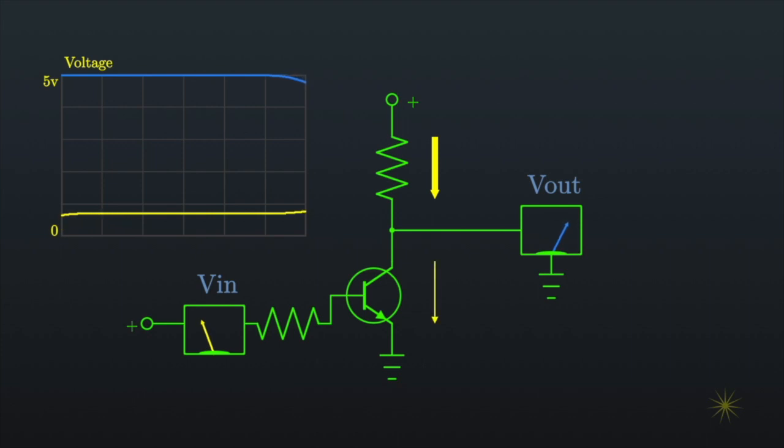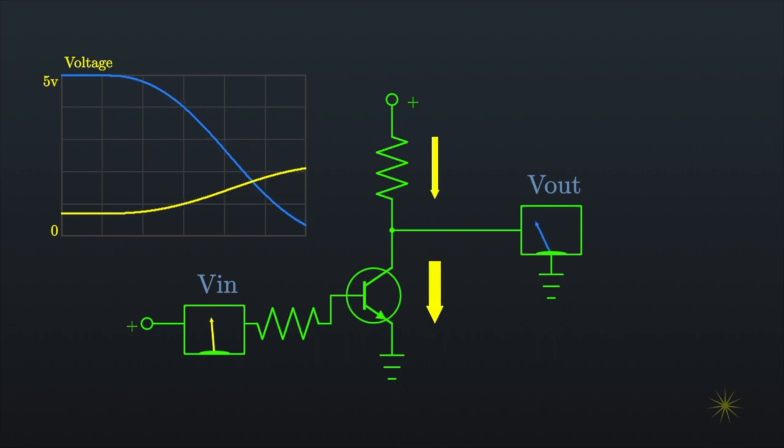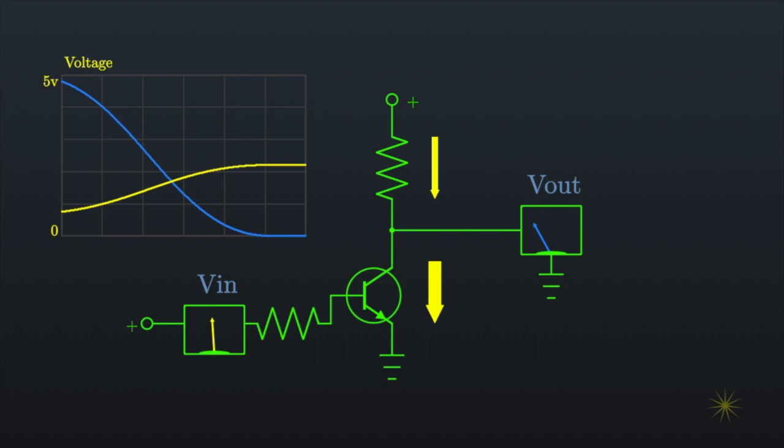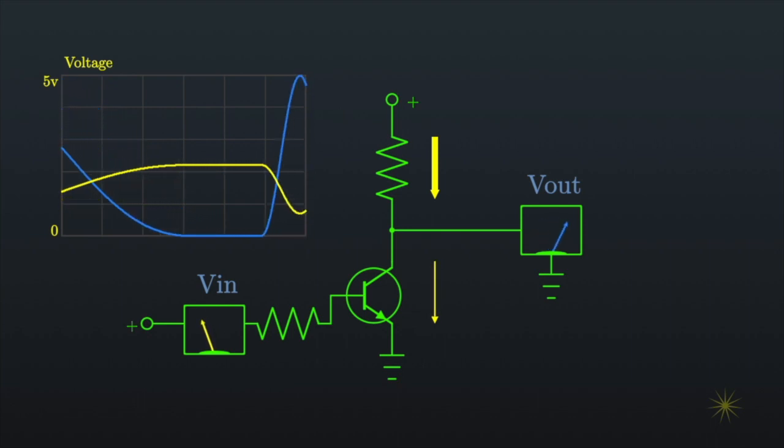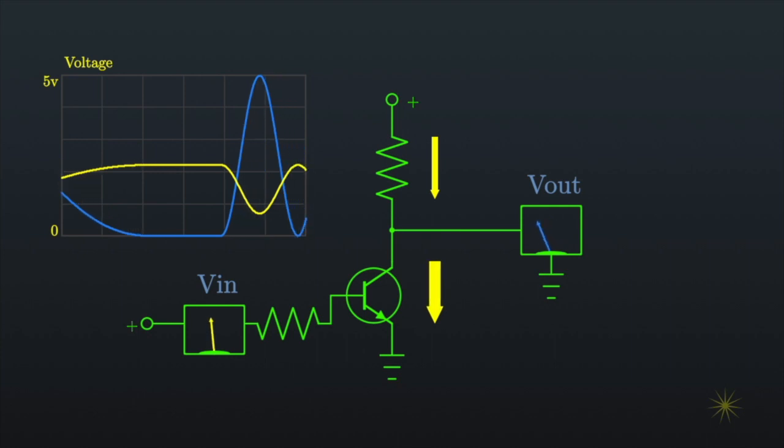But now look at what happens when we go past that cutoff voltage. Notice that the output voltage suddenly starts decreasing as the transistor allows more current to pass through, and it decreases much faster than the input voltage. For this active range of our transistor, and note that the active range depends on a lot of things, like